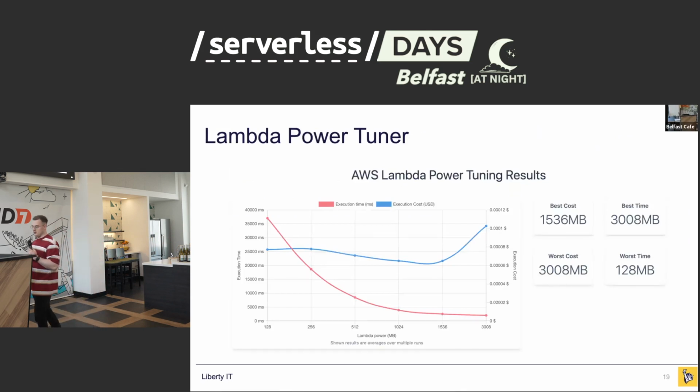So another quick call out, the Lambda Power Tuner. Lambda Power Tuner is an open source tool that can be used to benchmark your Lambda functions. It works by creating different versions of your Lambda functions with different memory values and just calls them with the payload that you provide it with. It does have a few limitations that unfortunately really hampered my efforts to use it, including